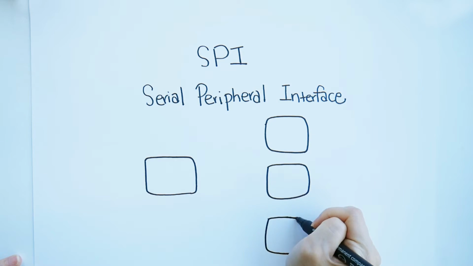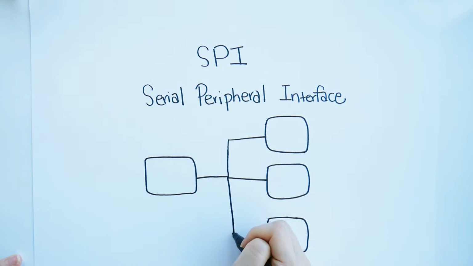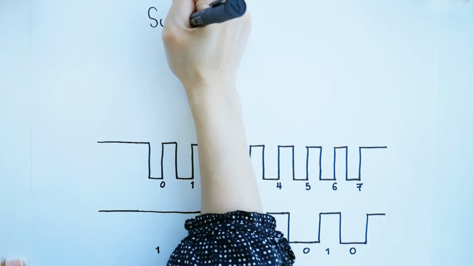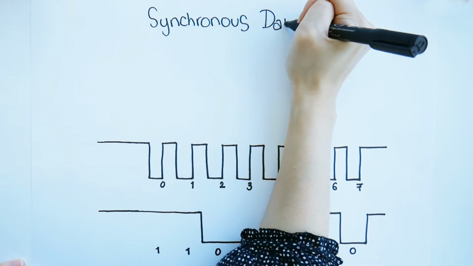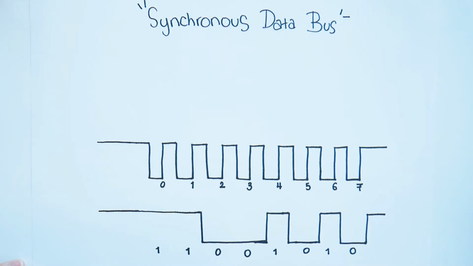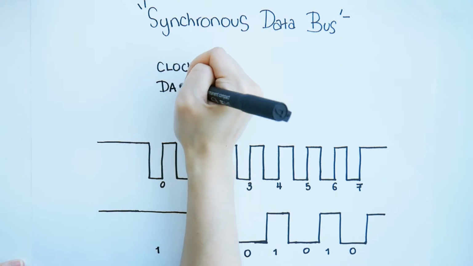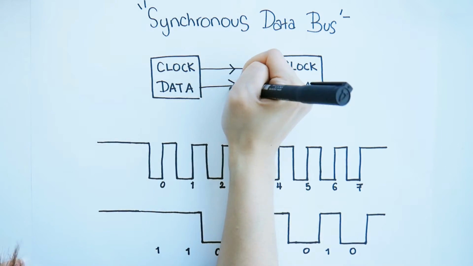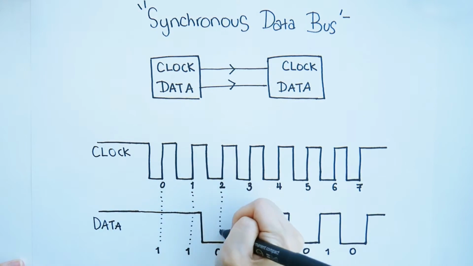Today I'm going to briefly talk about SPI, Serial Peripheral Interface. SPI is an interface bus commonly used to communicate with one or more peripheral devices quickly over short distance. SPI is a synchronous data bus, which means that data transmissions are synchronized by clock. Clock tells the receiver when to sample the bits on the data line with rising or falling edge of its